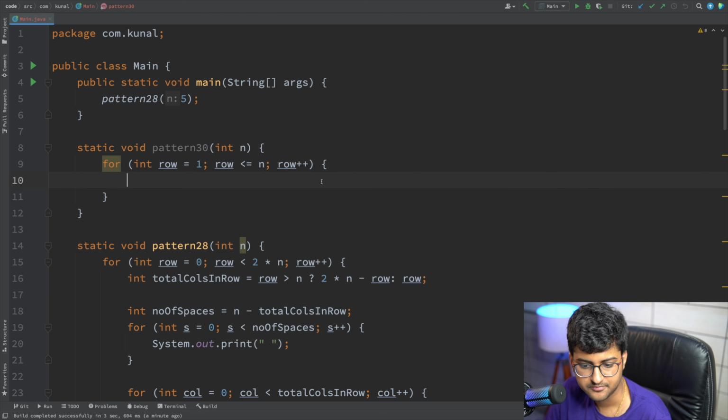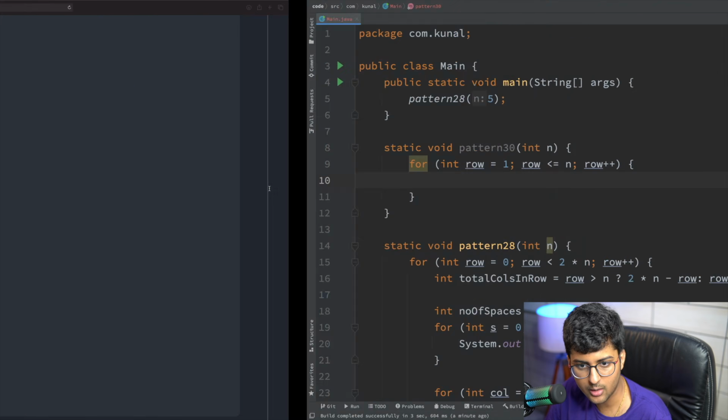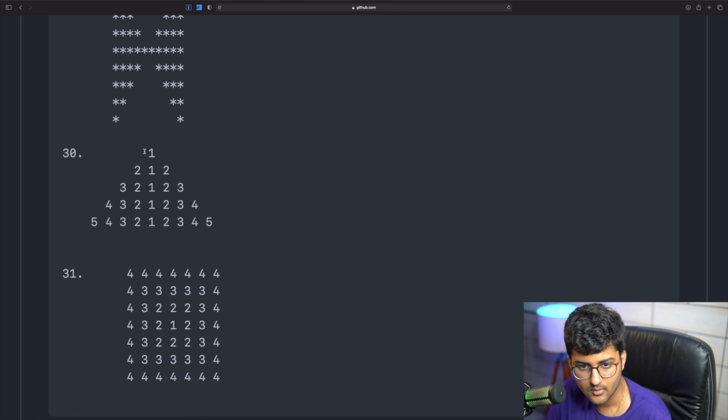What is the next step? Next step is how many times the loop is running? Columns. So here you can see column is first running from i till 1 and then it's running from 2 till i. So basically if I say row, this is row is equal to 4.